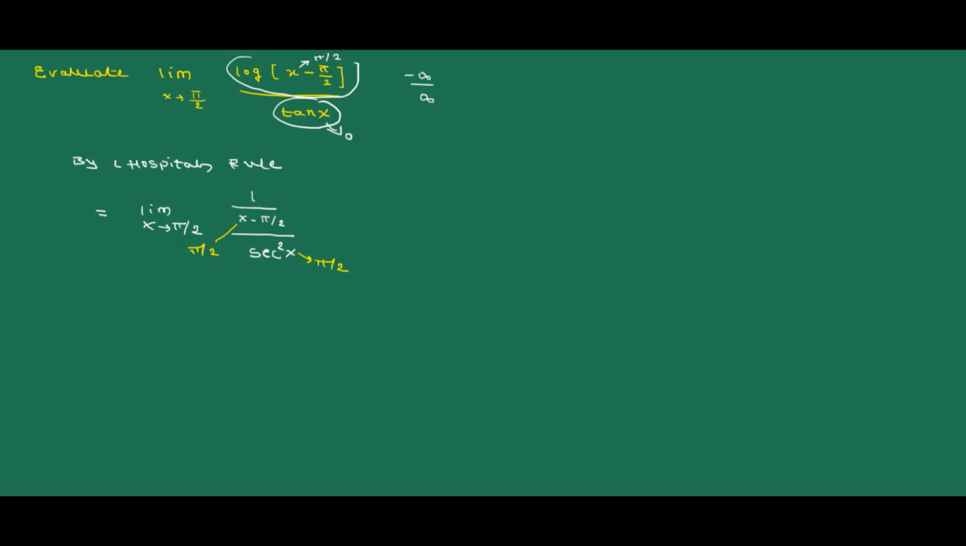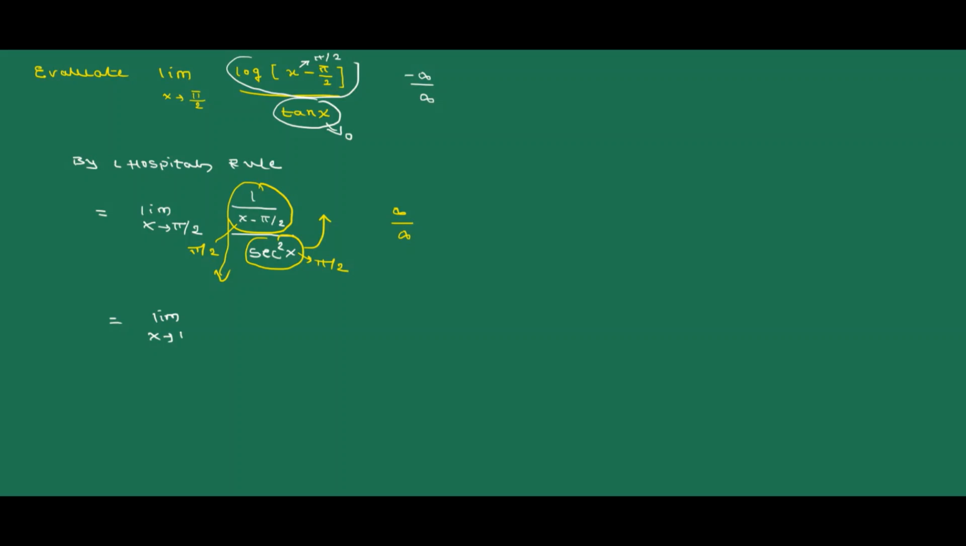So what we get here, 1 divided by pi by 2 minus pi by 2 is equal to 1 by 0, and 1 by 0 is infinity divided by sec 90. Sec 90 is equal to, cos 90 is 0, then sec 90 is infinity, so this is also infinity. So now here if you transpose this 1 divided by x minus pi by 2 in denominator and this sec square x in numerator, what we get is equal to limit